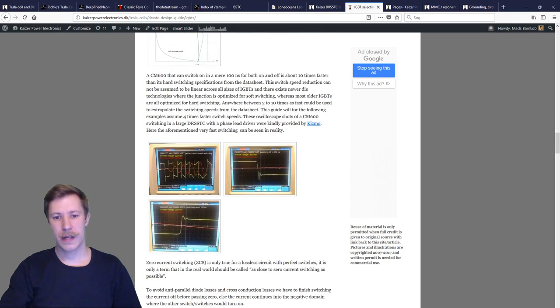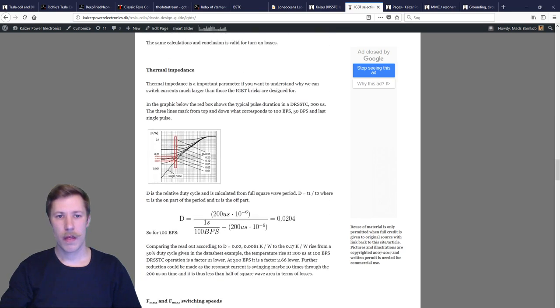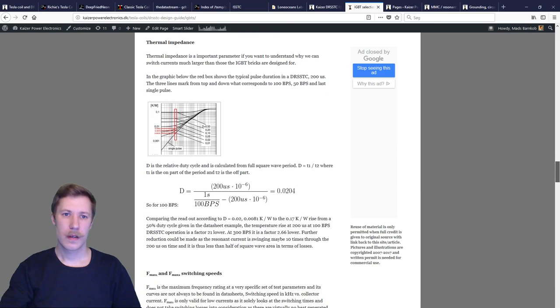So when we get down to our thermal impedance, now we're getting to the points where it's more about how fast can we drive these IGBTs. Now the good thing about a dual resonant solid state Tesla coil is, of course, that